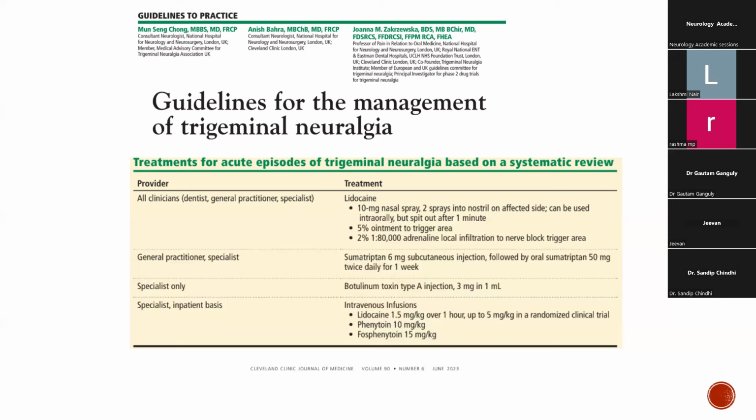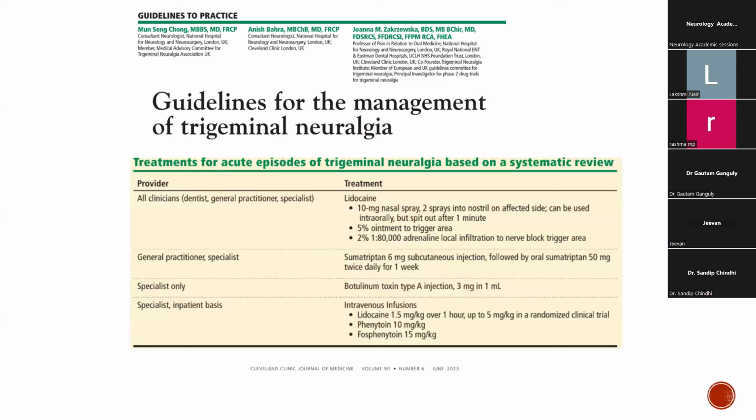Another is sumatriptan 6 mg subcutaneous injection followed by oral sumatriptan 50 mg twice daily for 1 week. Botulinum toxin A injection 3 mg in 1 ml is also recommended for the